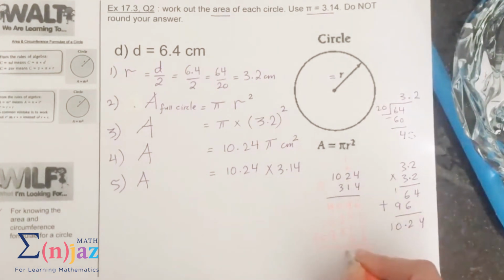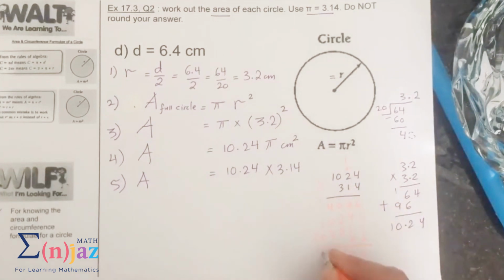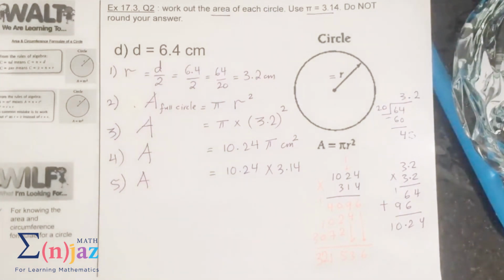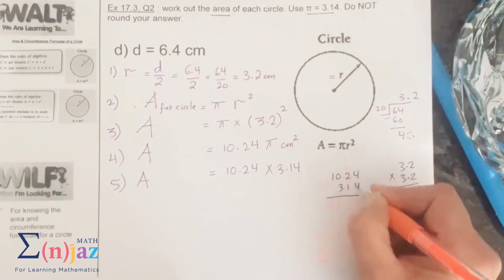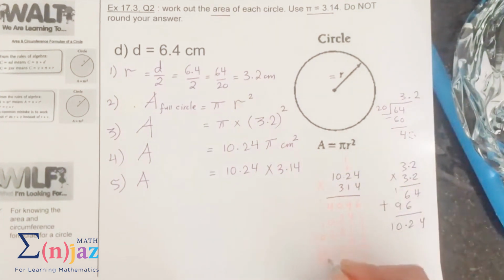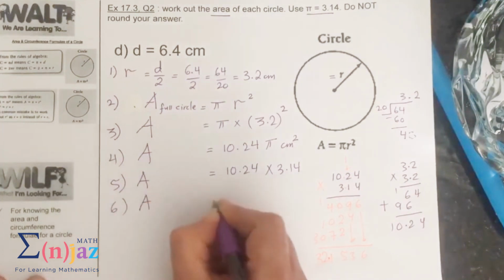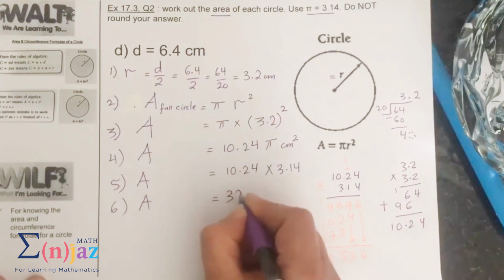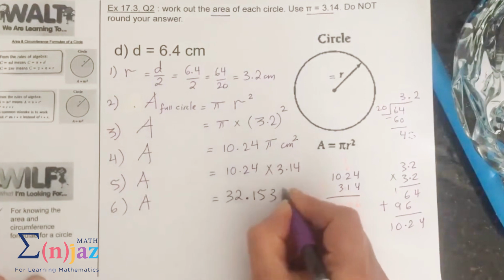13, 5, 11, 2, 3. And I have a decimal here and a decimal here. 1, 2, 3, 4. 1, 2, 3, 4. Place the decimal, and the answer will be here. 32.1536